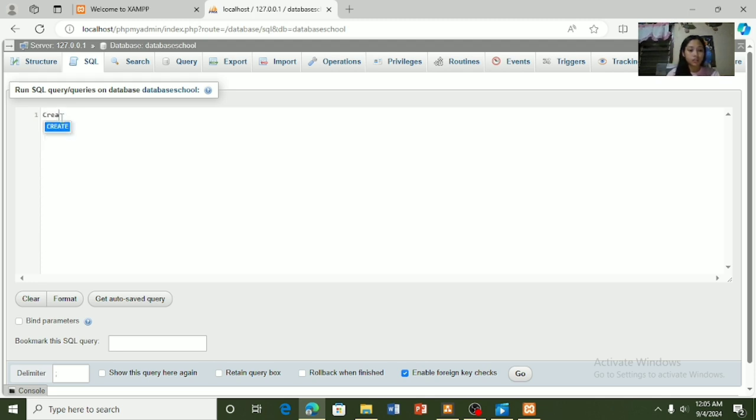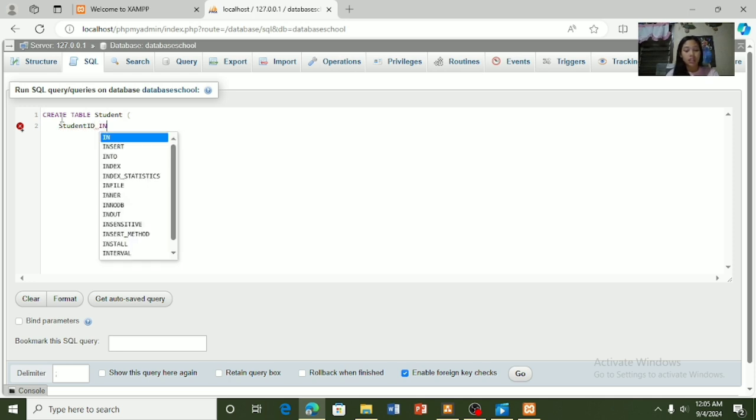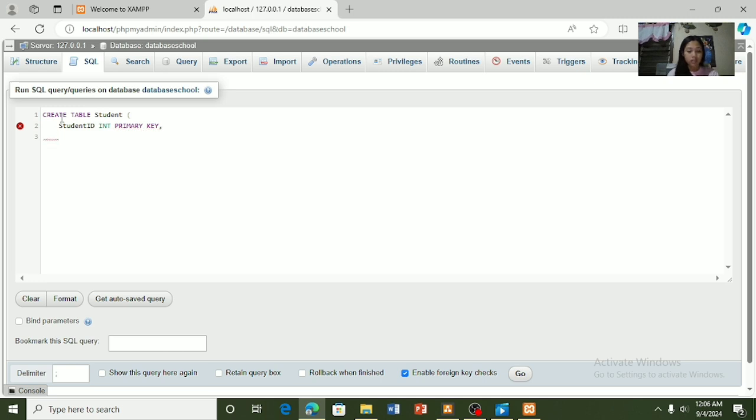Create table student and open parentheses and enter student ID for the primary key, then int for integer and the primary key, then comma. Next is enter, then the attributes,